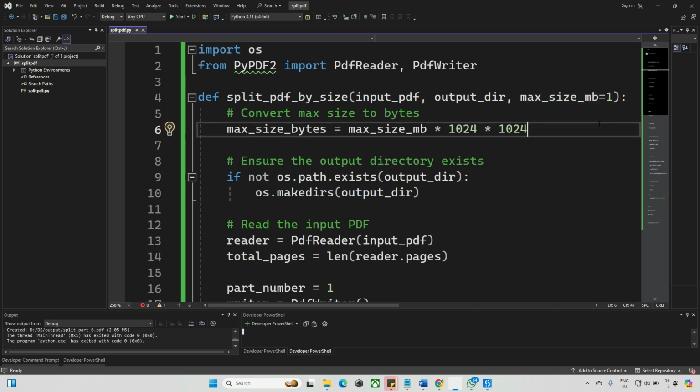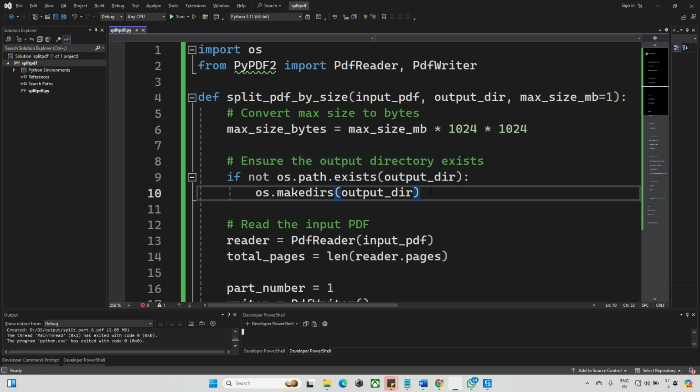So right now I go with this 1 KB for understanding purposes. If you want, you can make it 5 or 10, depends upon you. And next, this is the convert and maximum size to the bytes. So I am declaring this maximum size as 1 into 1024. What you did in UiPath, 1024 cross by 1024, the same thing I am checking, and here ensuring that